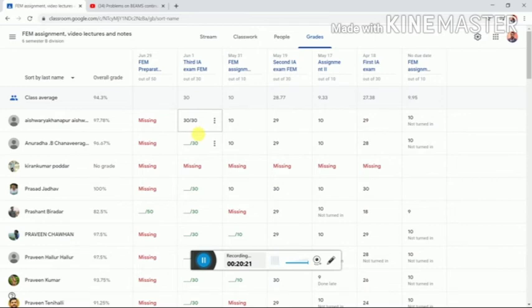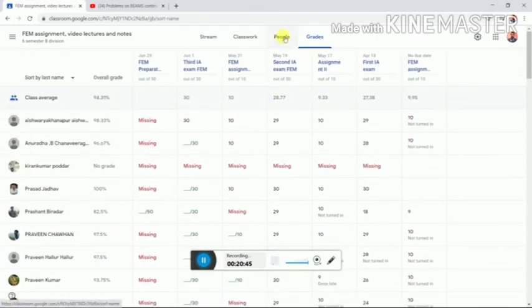See here, those marks will appear here. Like this, I can evaluate all the marks and they get listed. All the marks will be listed here so that it will be easier for us to evaluate everything and see how much marks they have scored. See here, overall grade it is showing, and how much percentage they have scored out of 100, that also it will show.